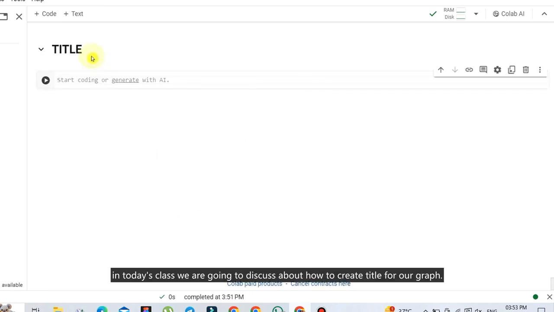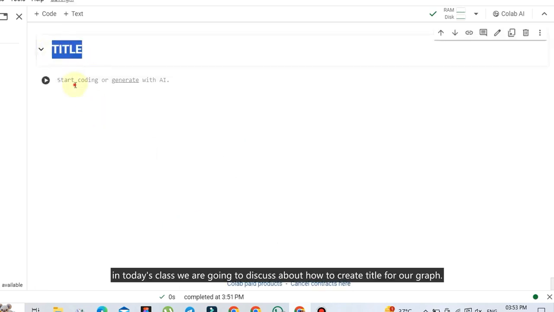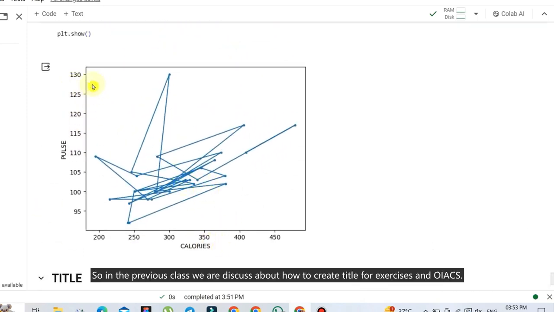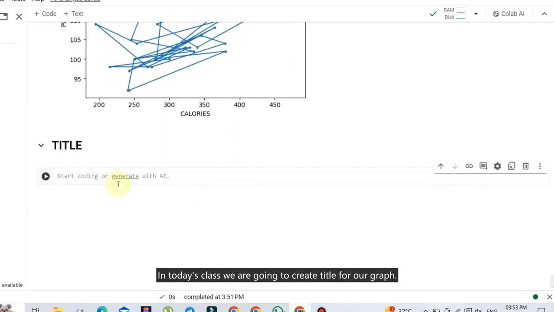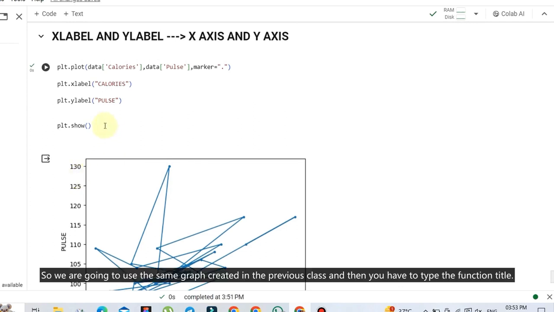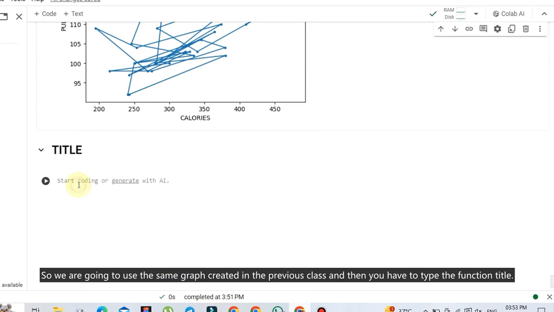Hello everyone, in today's class we are going to discuss about how to create title for our graph. So in the previous class we have discussed about how to create title for x-axis and y-axis. In today's class we are going to create title for our graph. So we are going to use the same graph created in the previous class, and then you have to type